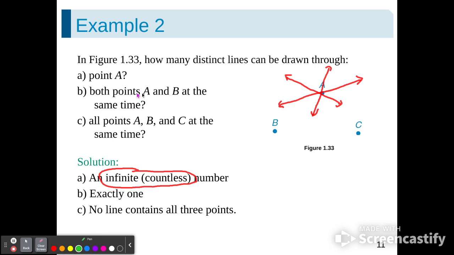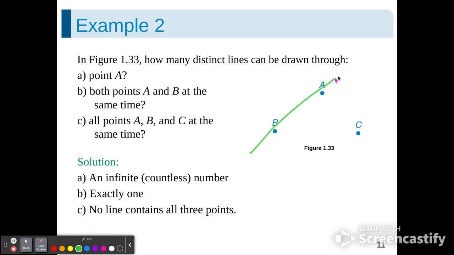For B, both points A and B are at the same time. So let's go ahead and clear this. So both points A and B at the same time. If I draw a line through points A and B, there's only one way to do that, and there it is. I know it's not perfect, but there's only one way. Doesn't matter whether I come from the top down through A and then through B, or